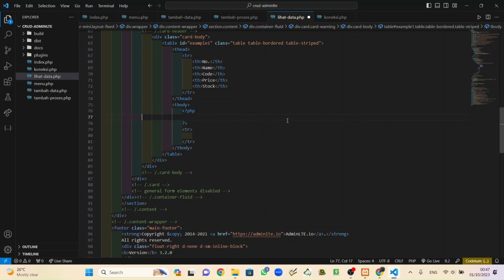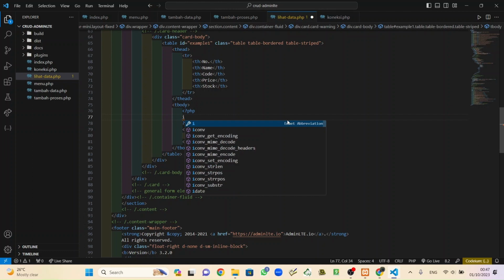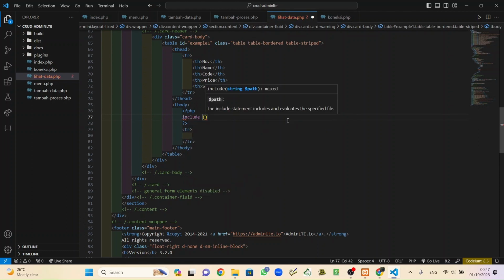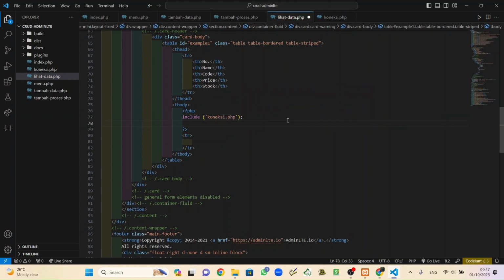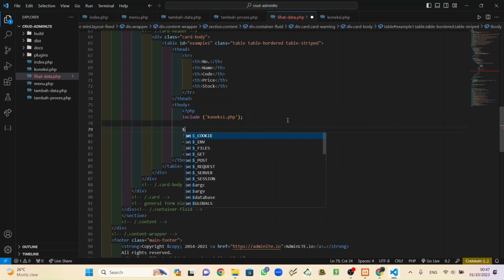And the first thing we need to type is include koneksi.php, close semicolon, and then query.